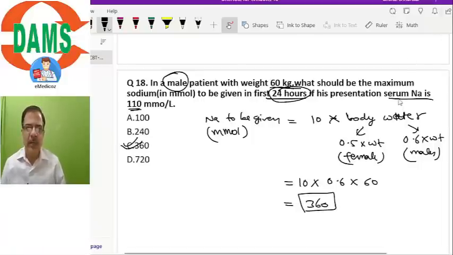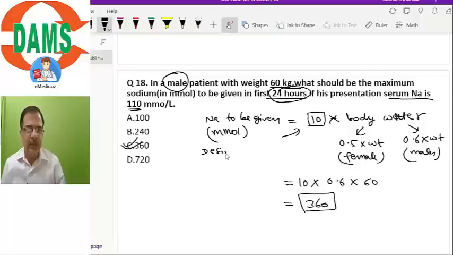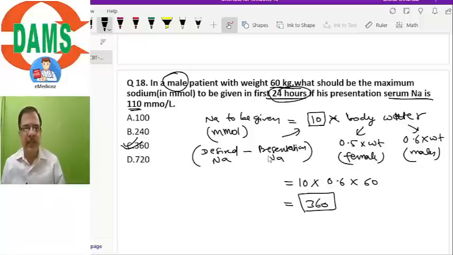So the sodium should be raised by plus 10 from the presentation value. So this is plus 10. How is it coming? It is coming as desired sodium concentration minus presentation sodium concentration. So our desired value is always plus 10 from the presentation sodium value,